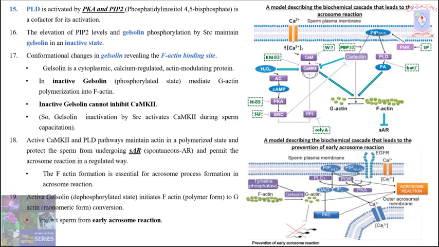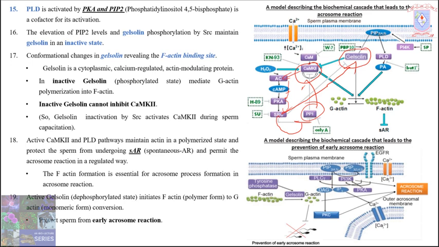So once CAMK2 is activated, what will happen? Adenyl cyclase will be activated and cAMP production gets increased, and PKA is activated by the action of cAMP, and PKA activates SRC, isn't it? So SRC inhibits PP1 and PP1 cannot inhibit CAMK2. That's one way of action of SRC. And the second way of action of SRC is, SRC phosphorylates gelsolin. Because of the phosphorylation by SRC, gelsolin is now in inactive form.